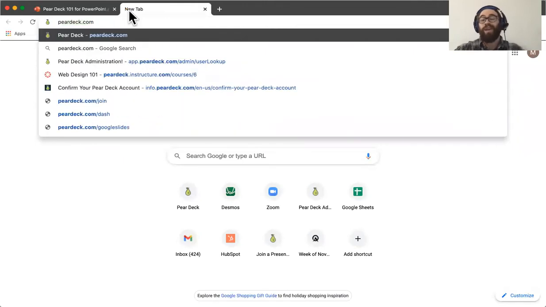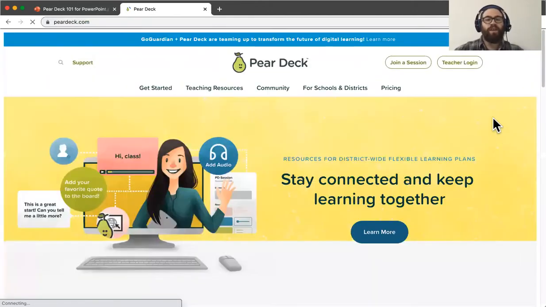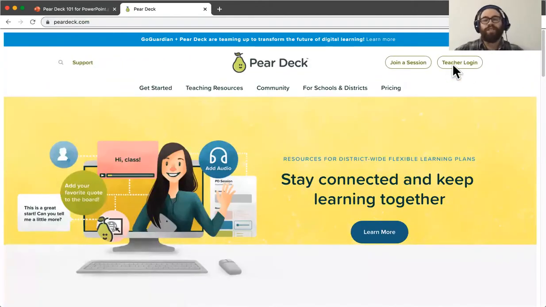But before we get started with building slides, I want to quickly go to peardeck.com and just walk us through what that page is going to look like and what it's going to look like when we are actually creating our account. So if you go to peardeck.com, you're looking for this teacher login button, the top right corner of your screen. So if I go ahead and I click that,